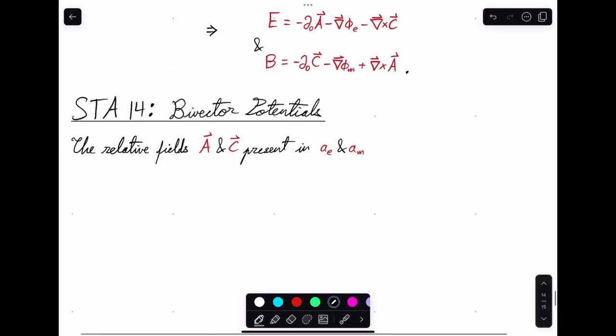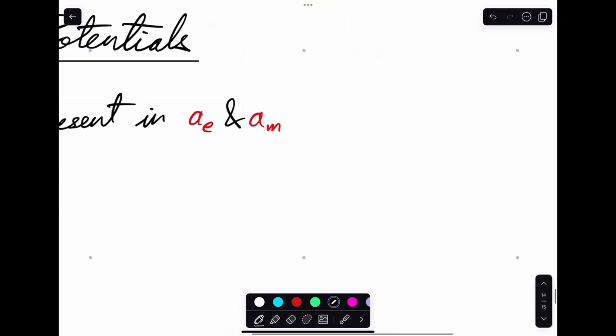So the relative fields present in these vectors can be broken,